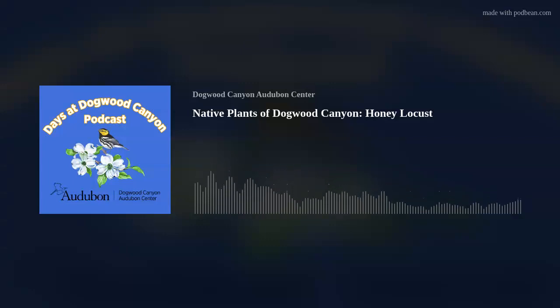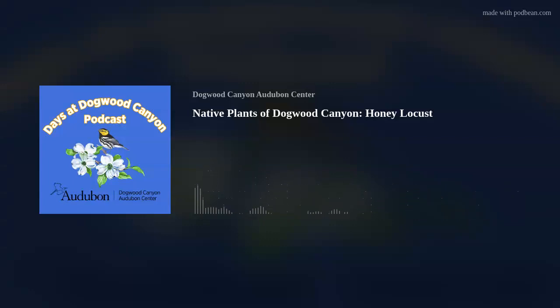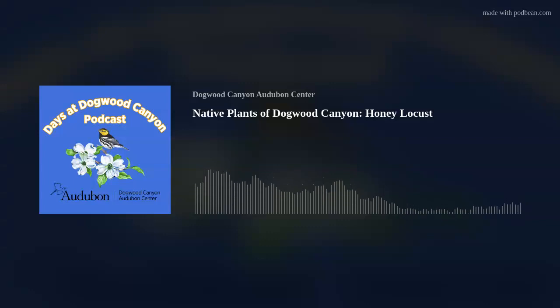I like the name of this plant because it makes you think of something sweet that might also be a little bit nasty. And this is an accurate description of this plant. The honey locust tree, Gleditsia triacanthos, also known as the common honey locust, thorny common honey locust, honey shucks locust, sweet locust, thorny locust, honey shuck, and sweet bean tree,